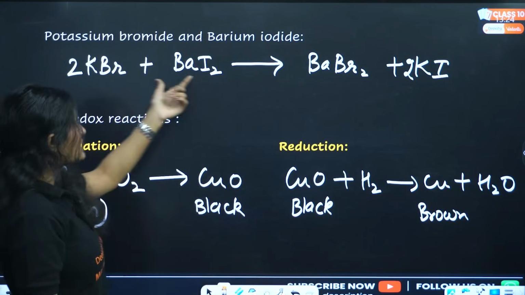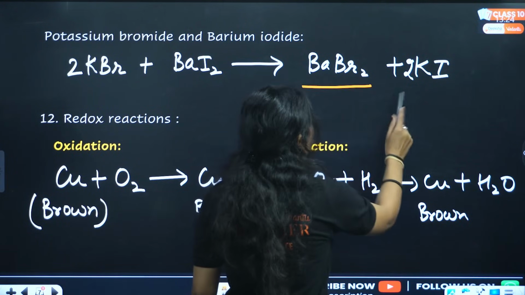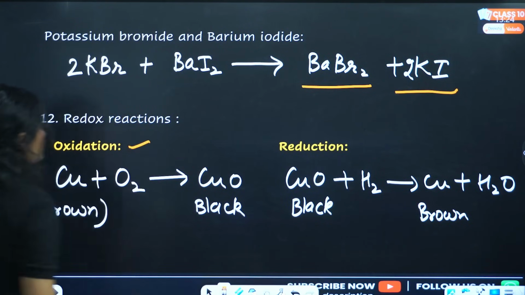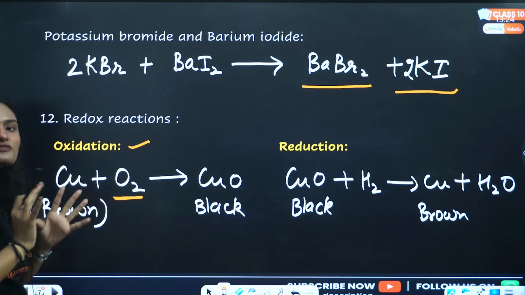When potassium bromide reacts with barium iodide, we get barium bromide and potassium iodide, right? Again, double displacement reaction. Redox reaction: oxidation means addition of oxygen and reduction means removal of oxygen, or you can